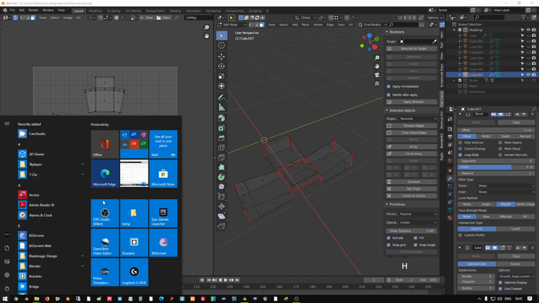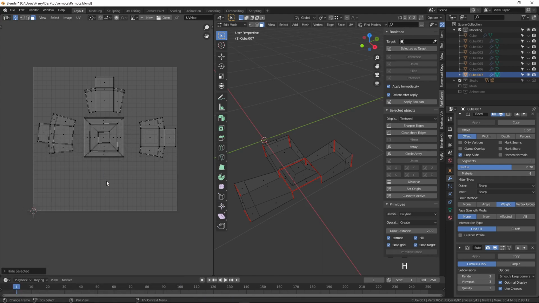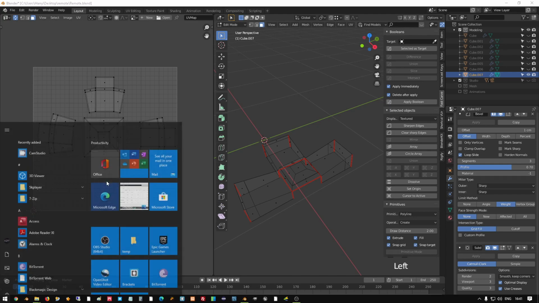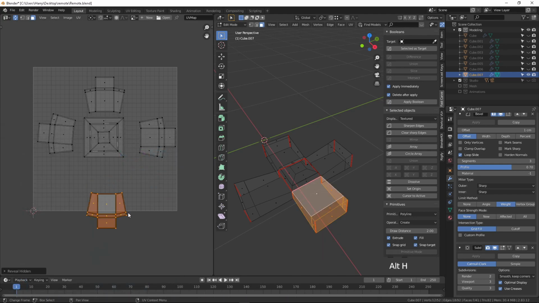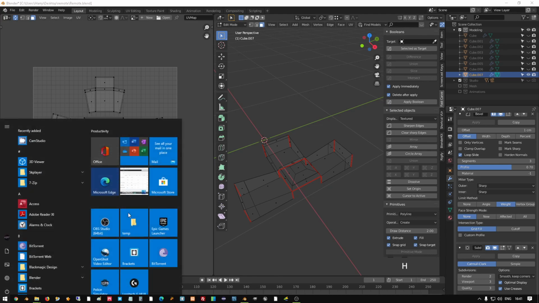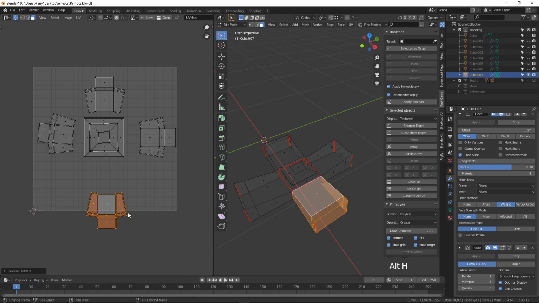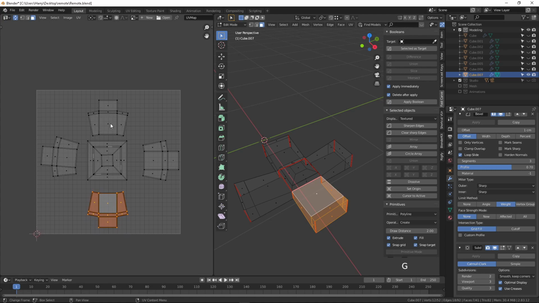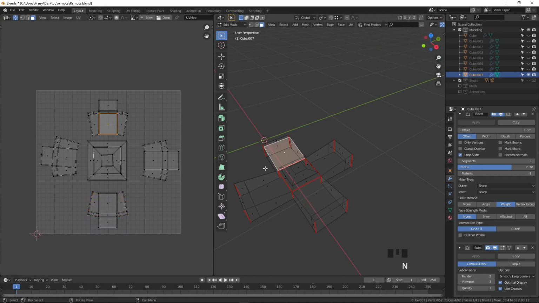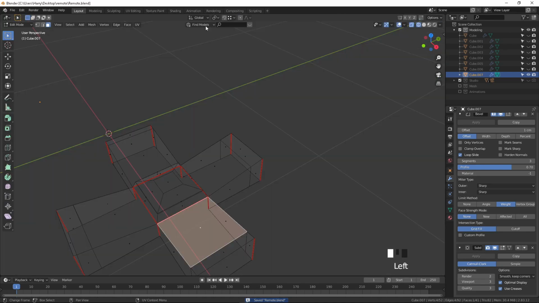Alt H. Oops. Okay. Alt H. Press G to move. So when I press the H button, it happens the same. Press L and G to move. So you can keep some gaps. We can do the alignment afterwards. So press Ctrl S to save, and now we can close this window.